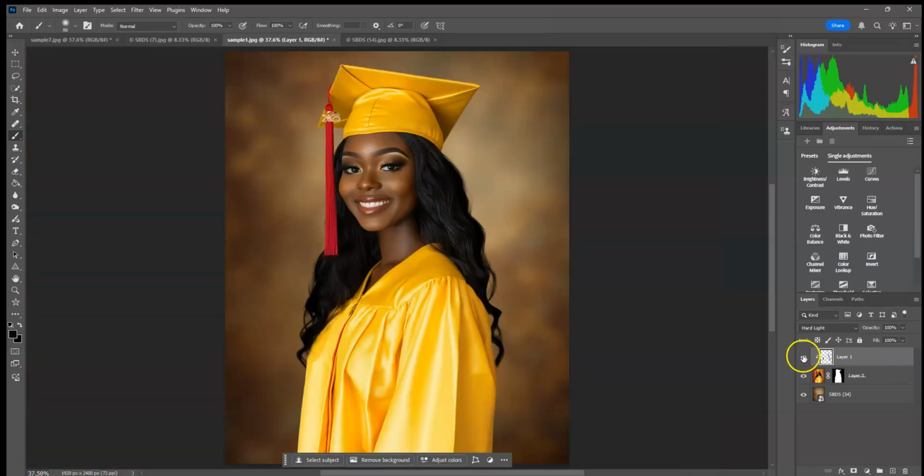Zoom out so I can just show you. See, it got rid of that halo on her hair, and now her hair looks nice and full again. And you can also, if you want, just select the edge of her hair and use generative fill like I did on the tassel on the other image, and that should just correct the flyaways and the edge of that as well. But if you're not wanting to use your credits, that's how I fix the hair a lot when I do